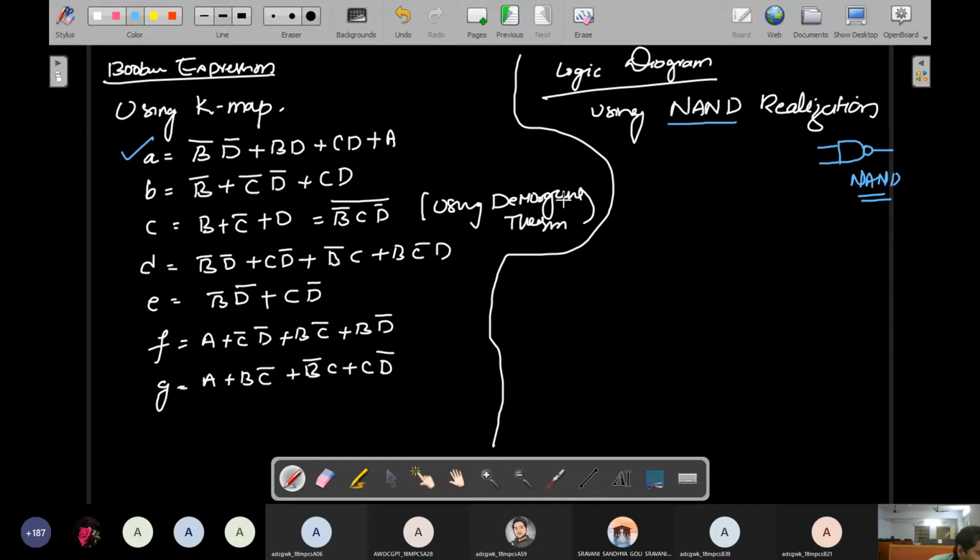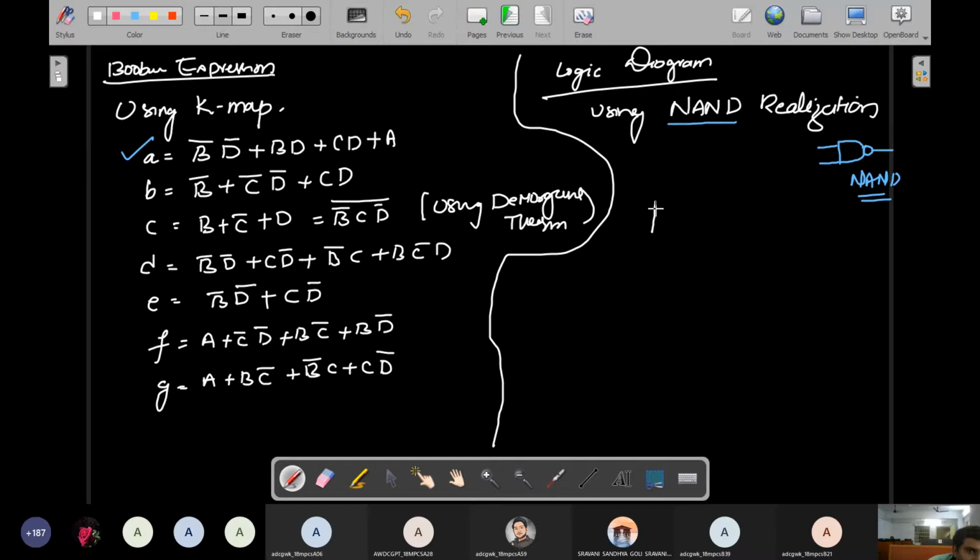First of all, I'll actually use 3 NAND gates, because here A, B, C, D total 4, but A is completely covered. So I can use only 3 NAND gates, and finally 1 NAND gate for all the outputs connection. So 4 NAND gates are required here. So first, I'll draw the first output.